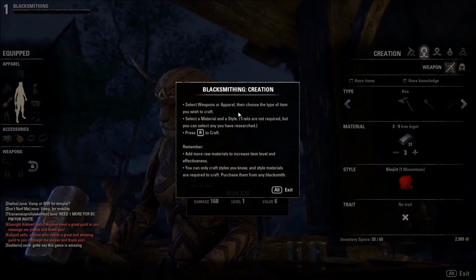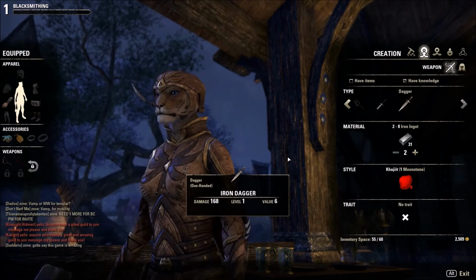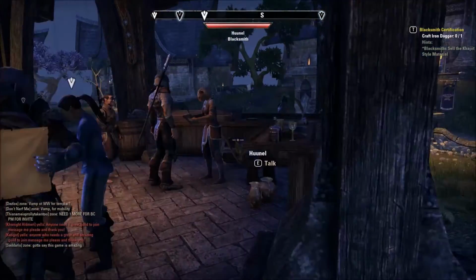Creation. Iron dagger. Iron dagger, we need a moonstone. So we can talk to